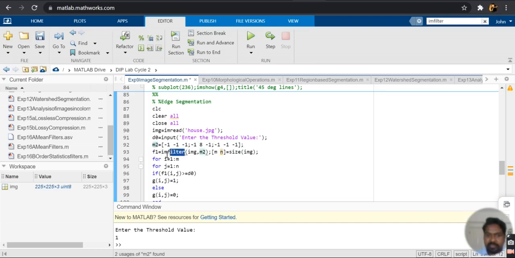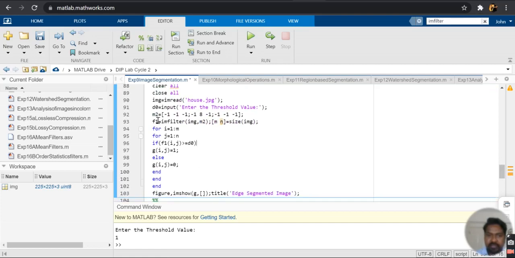So we use the same function imfilter. We input the image variable and the mask value M2. The output value that you're going to get is stored in the variable F1, and you also have an enhanced value which is G, and both these values are shown at the output.